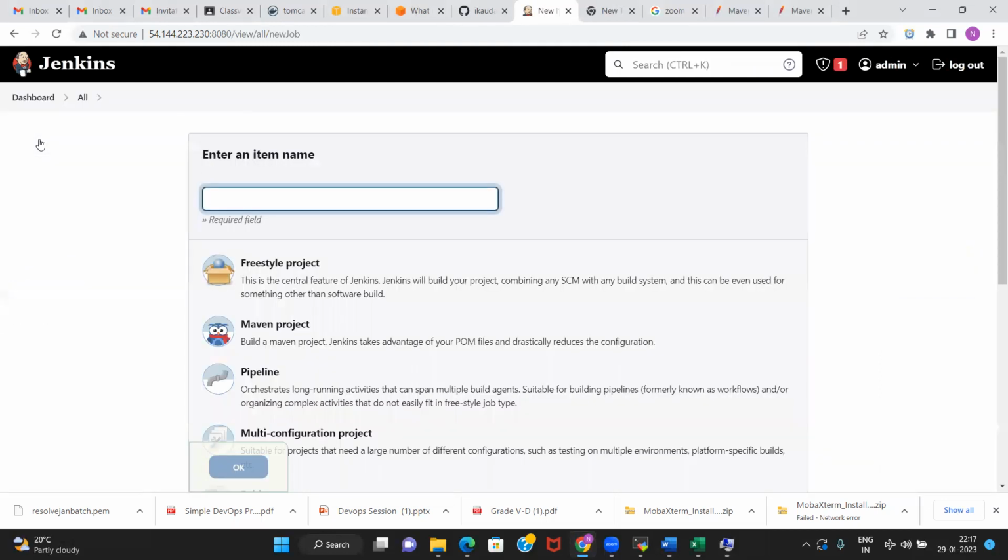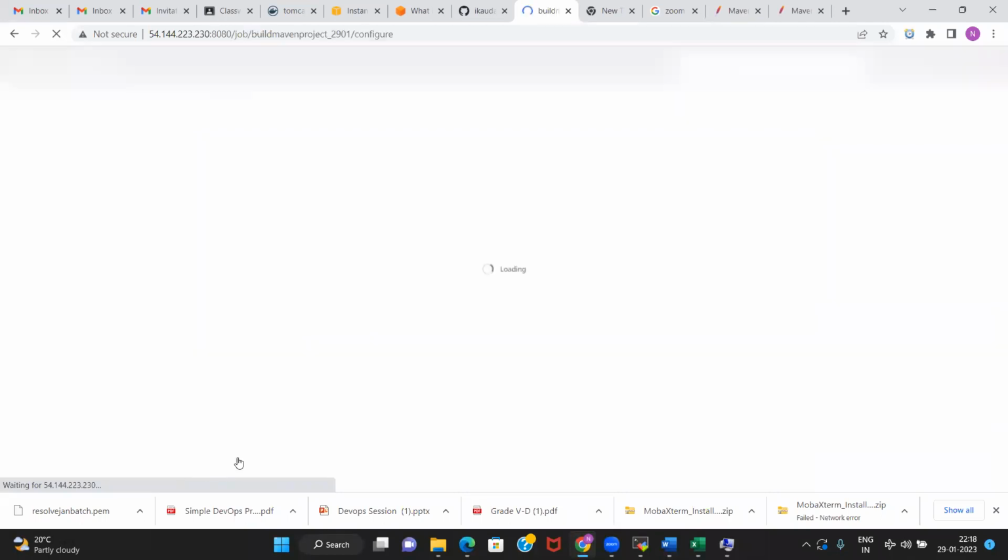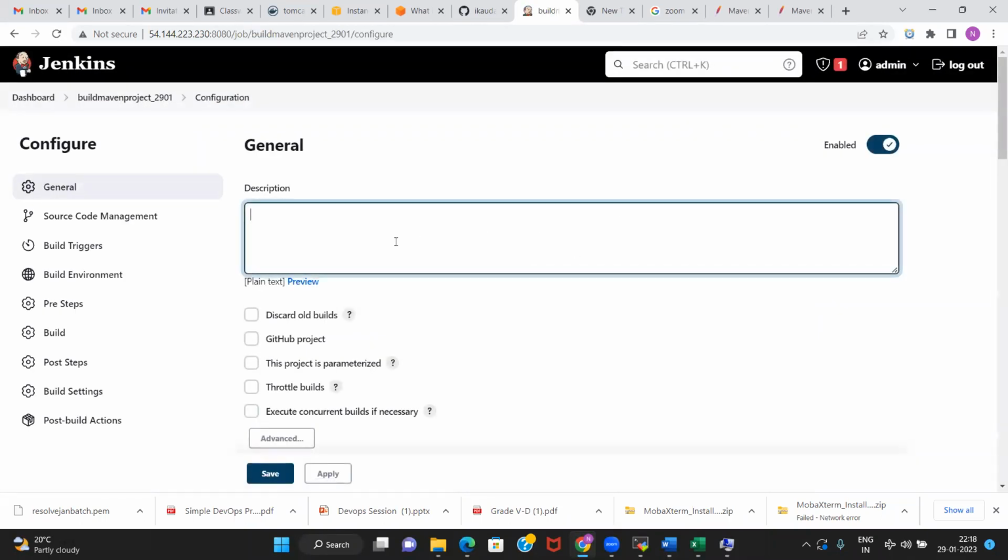So click on new item. Okay. And then let us name it build Maven project. Okay, select the Maven project, not the freestyle one. Select the Maven project option, then okay, and then